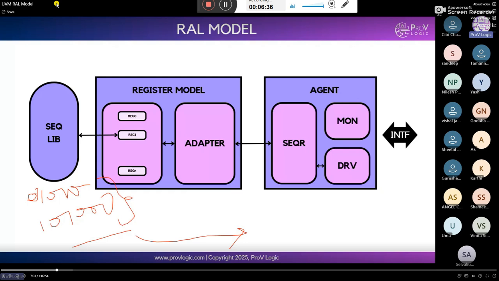Okay, not only address and data. Suppose a value, b value, suppose we have designed an adder, a and b will be the inputs. So normal binary data we will randomize and send to the DUT.